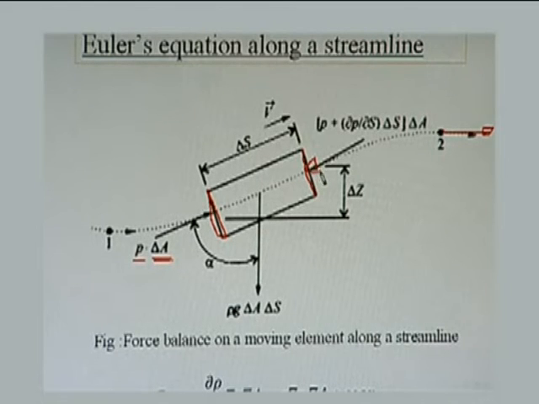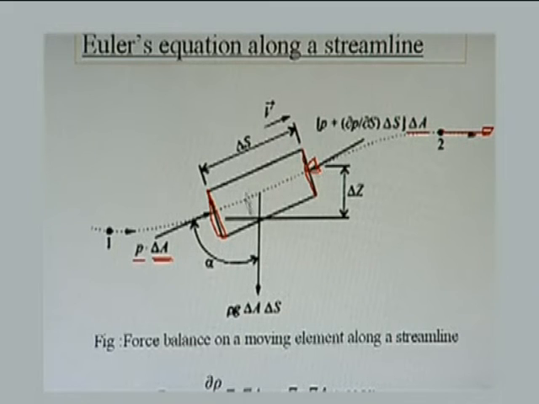Because pressure force always acts in such a manner that it compresses the fluid element, it is P plus del P over del S. Del P over del S is the pressure gradient in S direction. So P plus del P over del S multiplied by delta S multiplied by corresponding area,